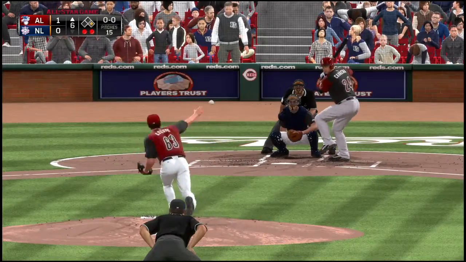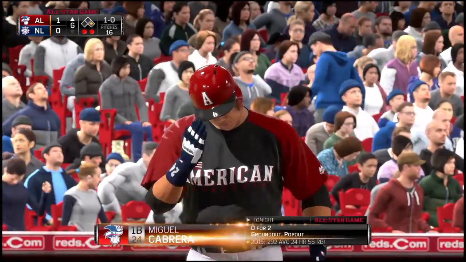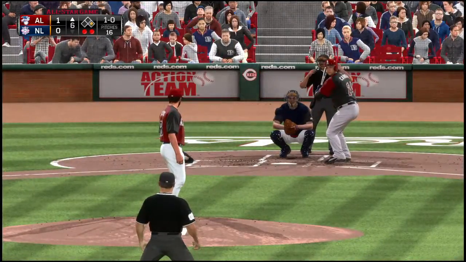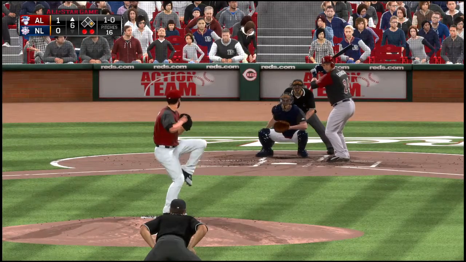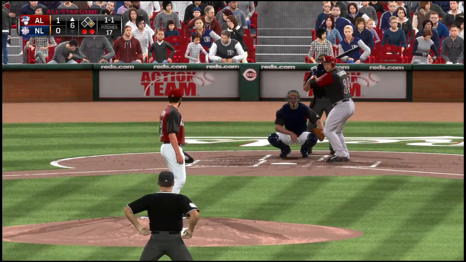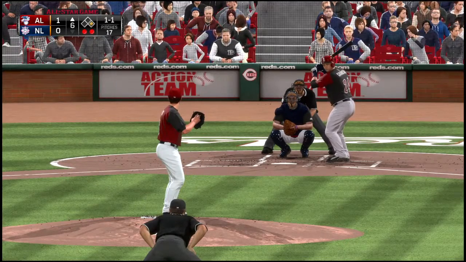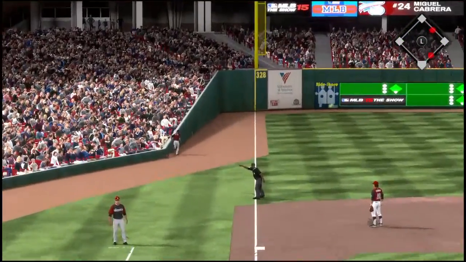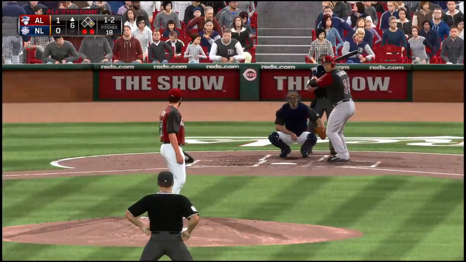The first baseman Miguel Cabrera stands in as he will look at a first pitch fastball for ball one. The 1-0. Out of play off to the right. It's 1-1. Here's the 1-1 pitch. Now a swing and a ball pulled down the line to third. But a foul ball. 1-2 the count now. A runner on first with 2 away.